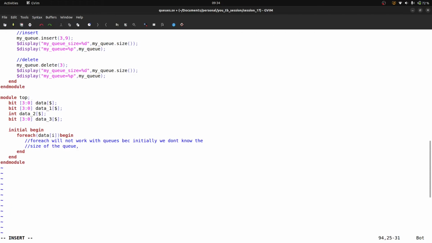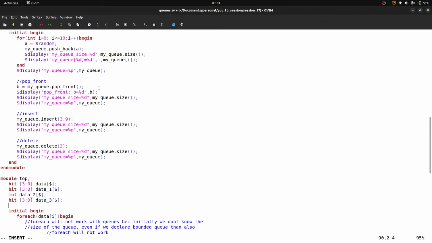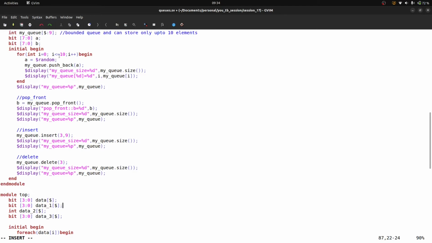Even if we declare a bounded queue, then also foreach will not work, right? In the previous example you can see we have taken a for loop.